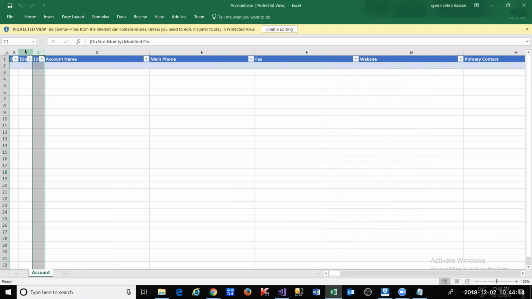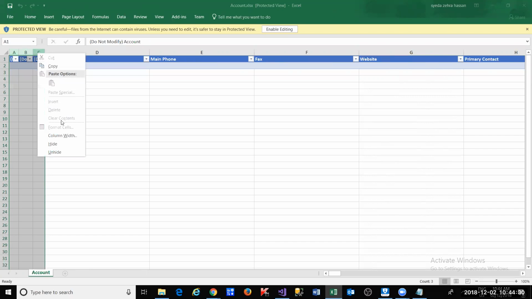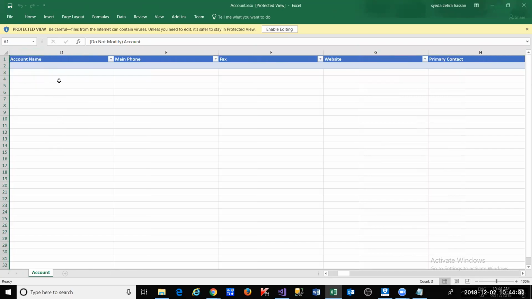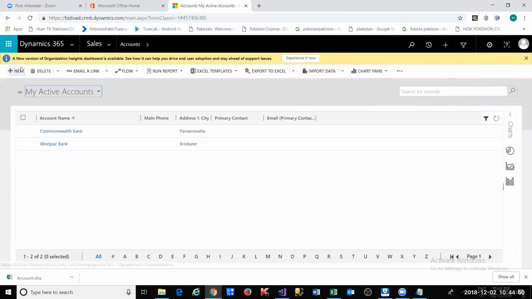These have their own use. You don't have to add data here, you don't have to do anything here. I'll just hide these again. So ignore columns A, B, and C. That's used for Dynamics purposes. We're concerned with these values here, so the account name. If we go to a new account,